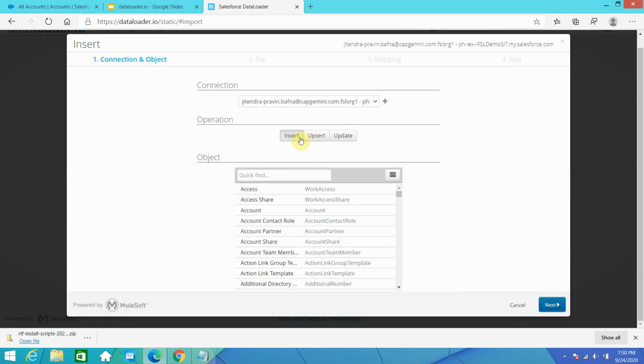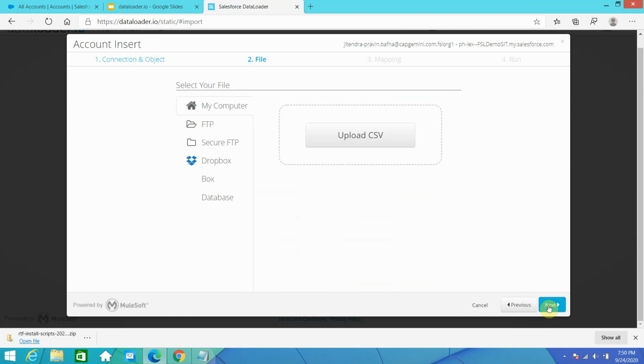Choose what operation you want to perform: insert, update, or upsert. Upsert means if the record is present, it will update it; if the record is not present in the account object, it will create it. Update means you want to update existing data. But we will use insert, and we will use the account object. Just select the account object and say next.